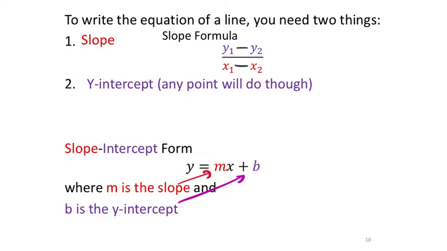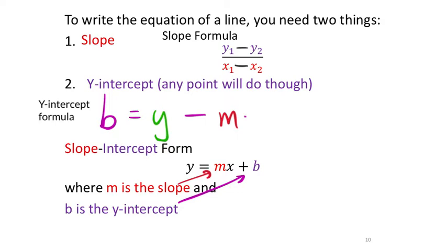Well, how do you find the y-intercept? All we do is we take this formula right here and we manipulate it, just like we've seen before. The y-intercept is represented by the letter b. Okay, and what you do is you take a y value and you subtract the slope times whatever the x value is. Okay, now we know m is the slope,